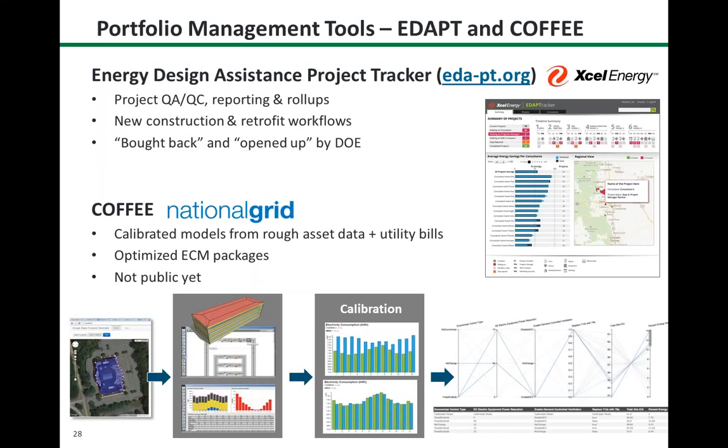This is an app that Xcel Energy developed. DOE bought it from Xcel Energy and opened it up, and now other utilities are using it as well. If you are an organization that has lots of efficiency projects, you may be interested in this application as well. Another application along the same lines, also developed by a utility, but not public yet because it's not completed yet,